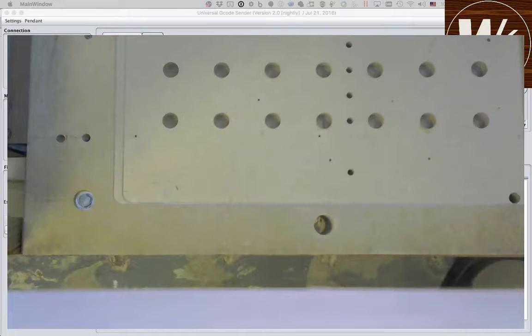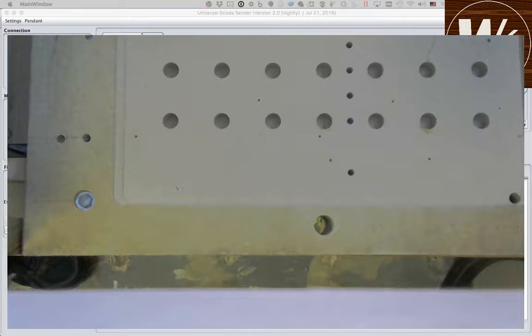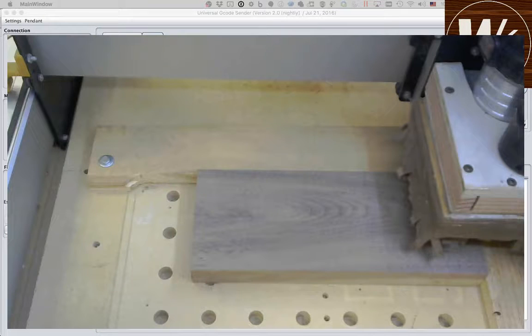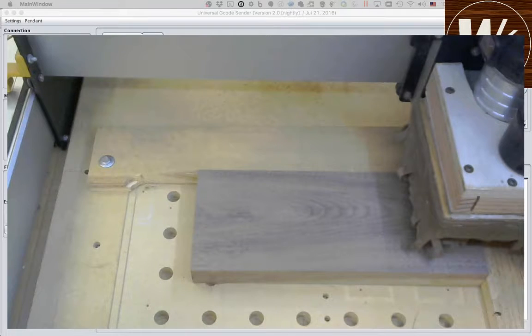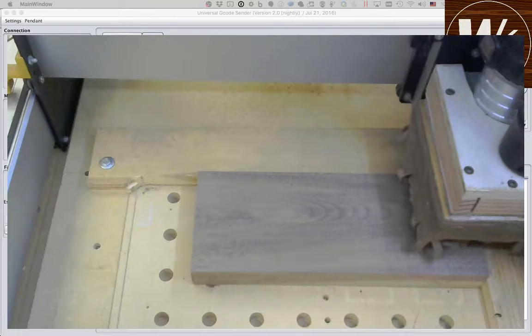So I'm going to flip it back up so you can see the park area there. And what I've got, you can kind of see along the left and back edge, right here and along there, there's a fence, and that is a known location that's referenced. I surfaced those edges with the router along here and along there so that I know that's 0, 0, the 0 x-axis and the 0